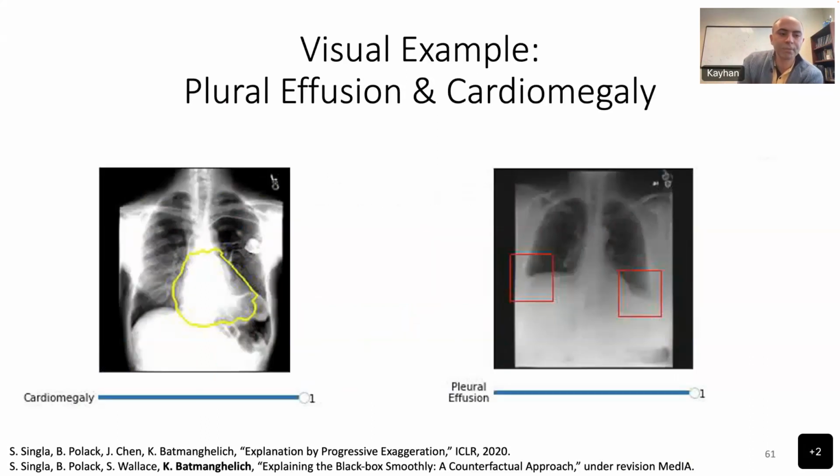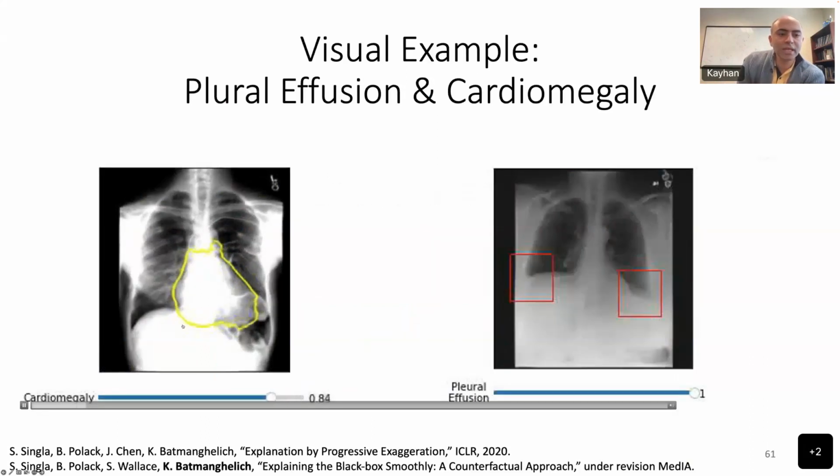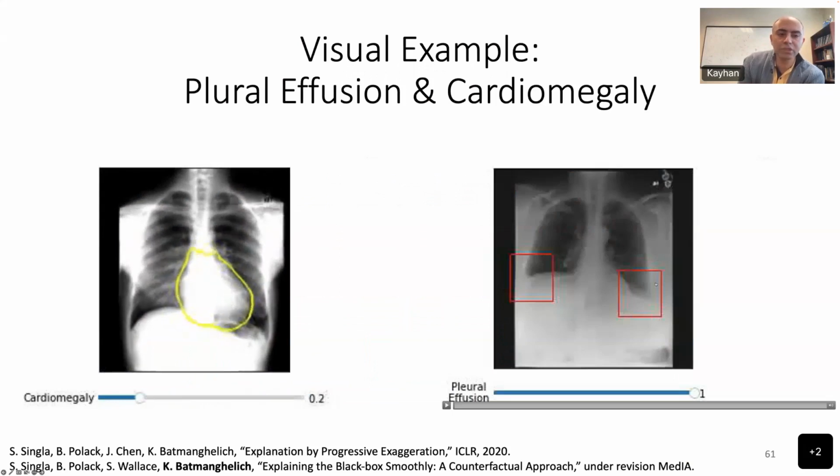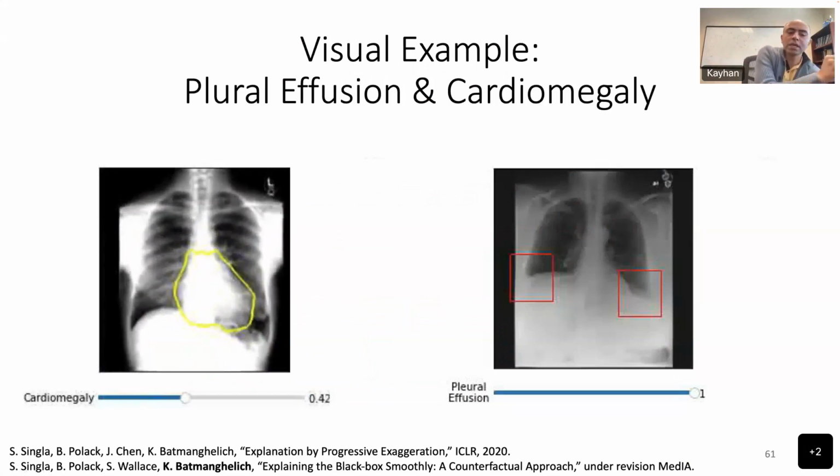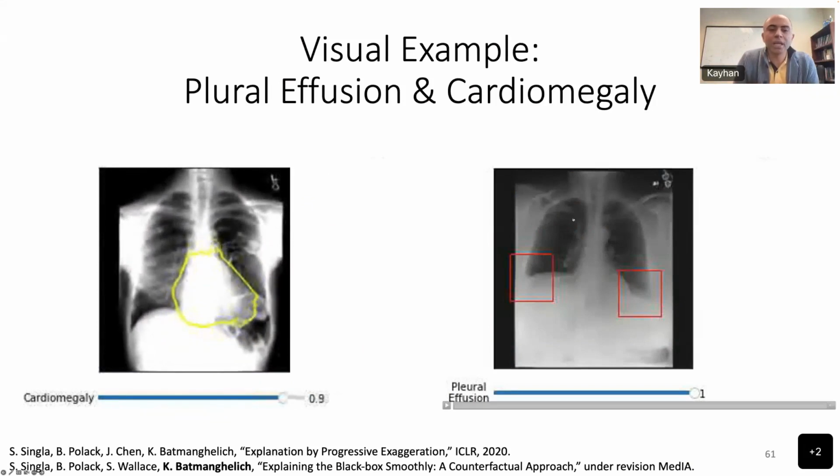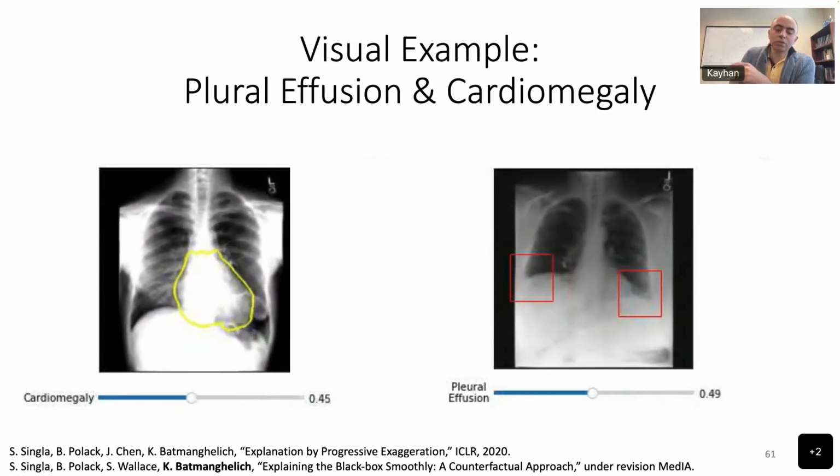So this is just visualizing, on a very easy to understand example, how this operates on a toy data set. This is an example of applying it to so-called cardiomegaly, which is abnormal enlargement of the heart. And you see that by playing with this knob from one end of the spectrum to the other end, it results in a change in the size of the heart. Similarly, for pleural effusion,